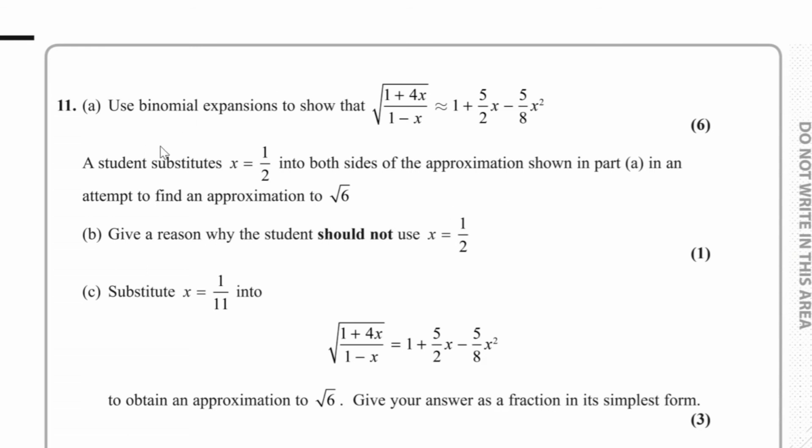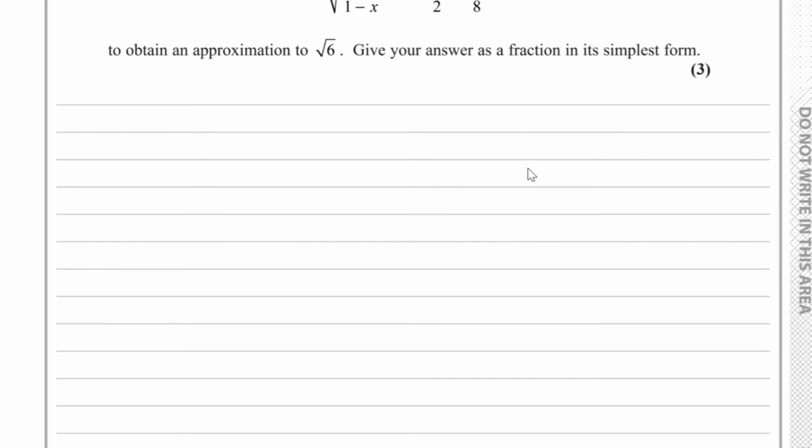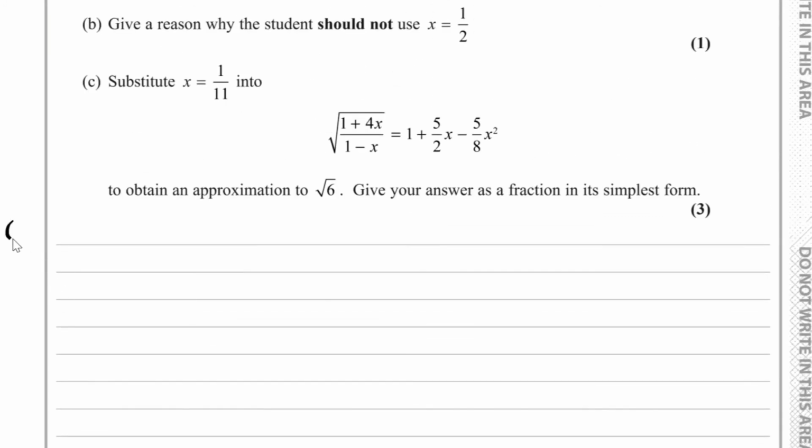Question 11. For part A, we have to use the binomial expansions to show that the square root of (1 plus 4x) over (1 minus x) is approximately 1 plus 5 over 2x subtract 5x squared over 8. Now, for part A, the way we will begin this is to rewrite the square root of (1 plus 4x) over (1 minus x)